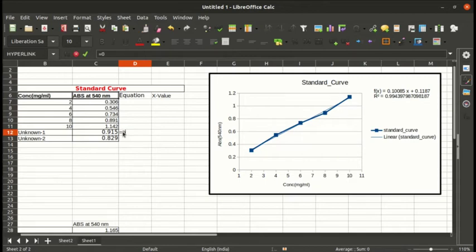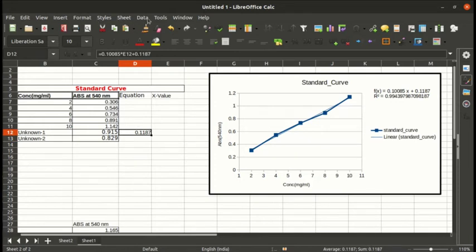Equals 0.1008, then the x value. I need to find out the x value, so I'll click this cell here, then click plus, then 0.1187. Hit enter.